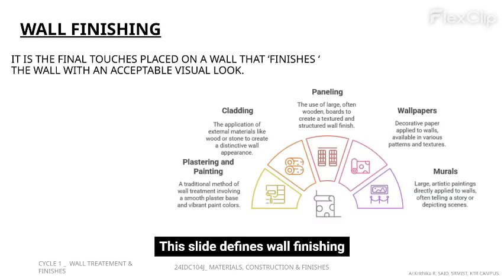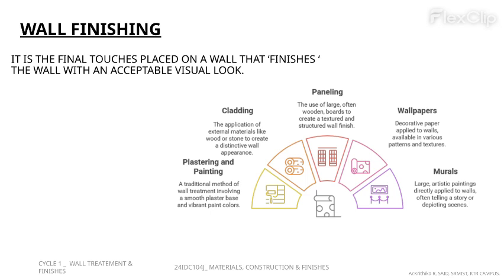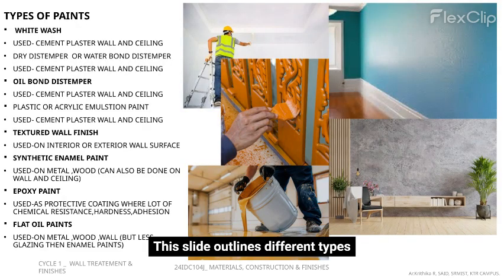This slide defines wall finishing as the final touches placed on a wall that finishes the wall with an acceptable visual look. This slide outlines different types of paints, including whitewash, used on cement plaster walls and ceilings, dry distemper or water bond distemper, used on cement plaster walls and ceilings, oil bond distemper, used on cement plaster walls and ceilings, plastic or acrylic emulsion paint, used on cement plaster walls and ceilings,